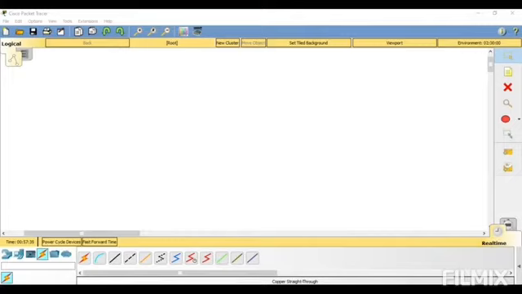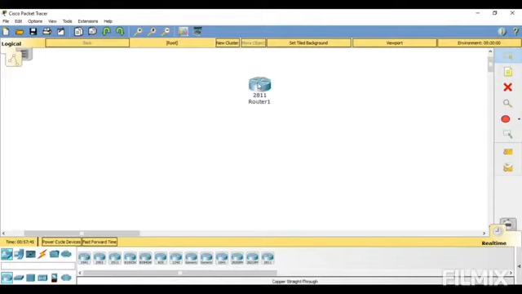So let's start. For that purpose, first I'm going to add a router, which is this 2811 router. Then I'm going to add 2 switches. I will click this switch and select this 2950 switch. So I'm going to add 2 switches, these 2. And then I'm going to go here to the end devices, and in the end devices I'm going to add